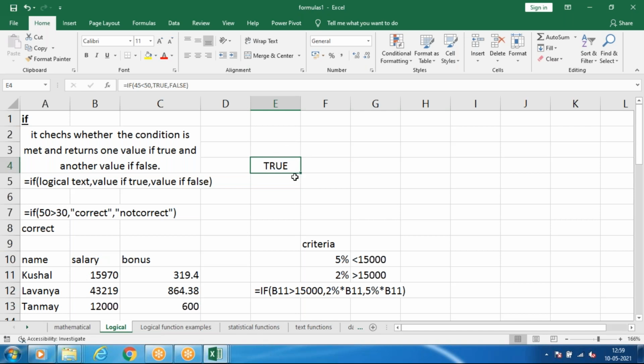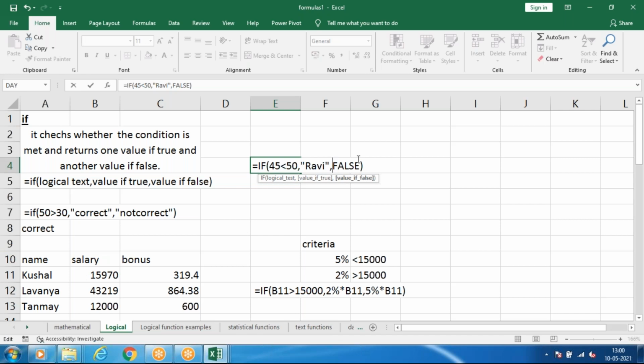Instead of true and false, if you want to type any other words, press F2. Other than true or false, you have to use double quotes. So if the condition is true, it has to print Ravi.